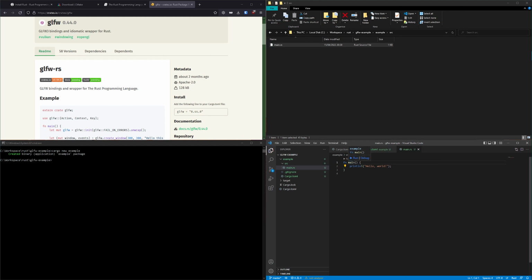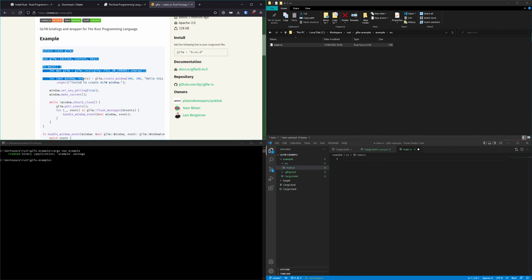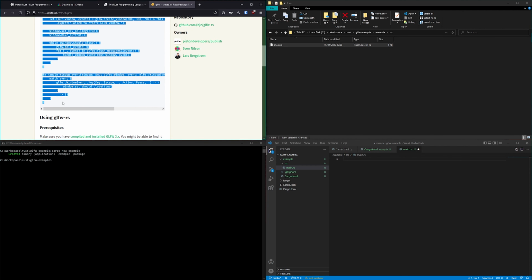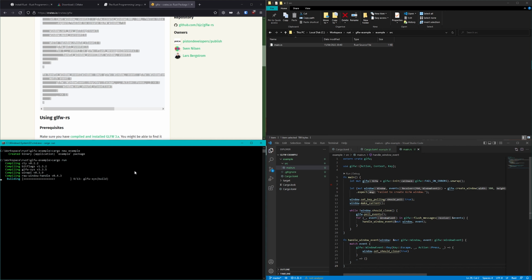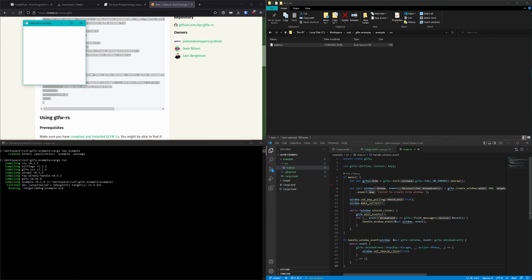Here you can see our main function, which is going to run our Rust program. Go ahead and get rid of that function and copy the example from the GLFW crates.io webpage. Paste the example into the main.rs file and run the whole program using cargo run. Building GLFW is going to take a short while, but if everything works out as it should, you will have